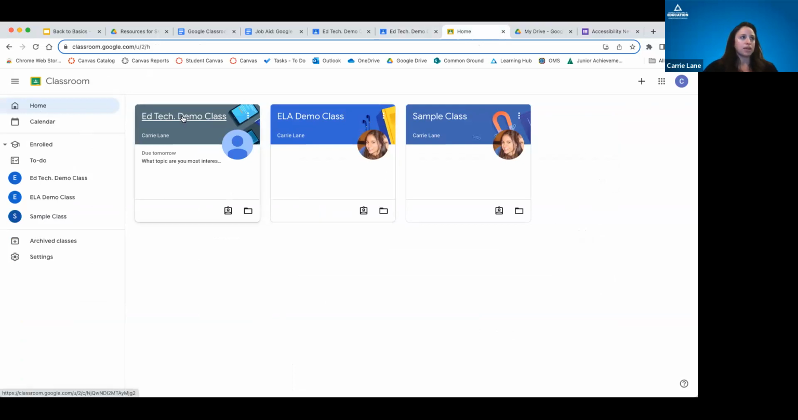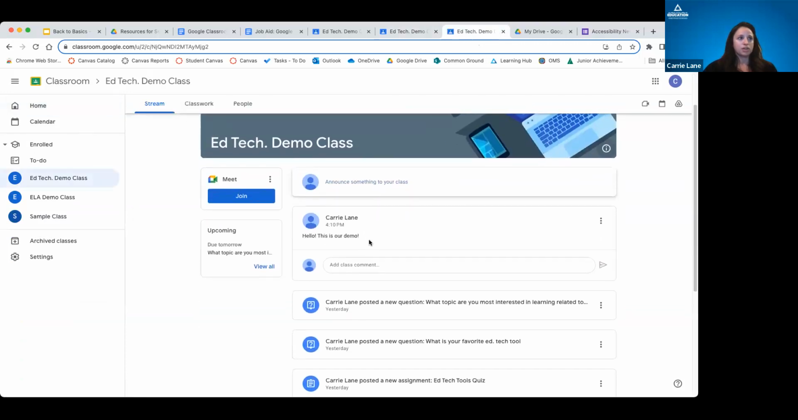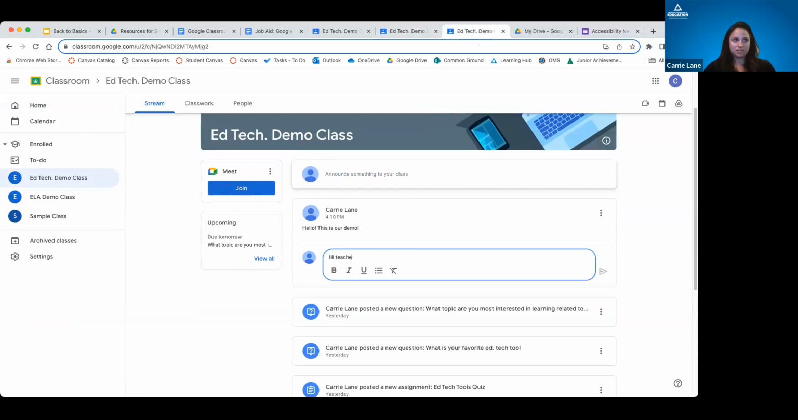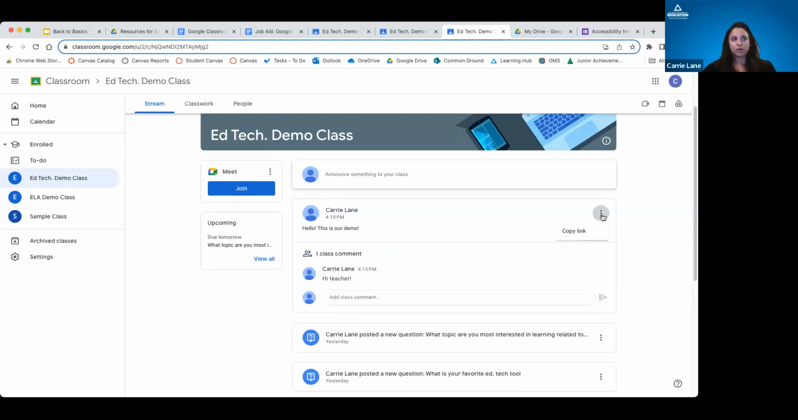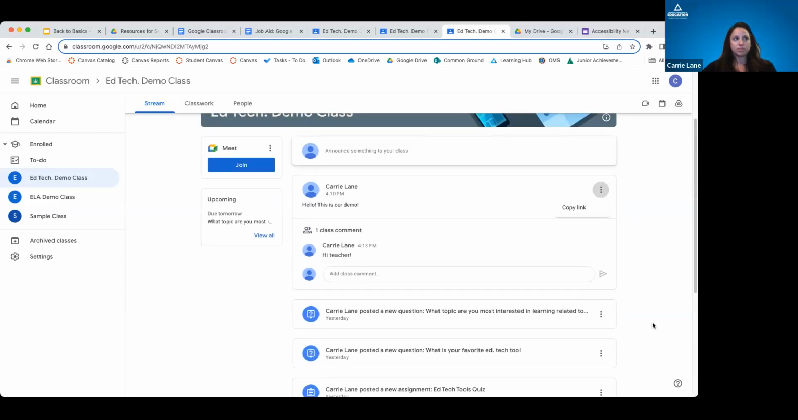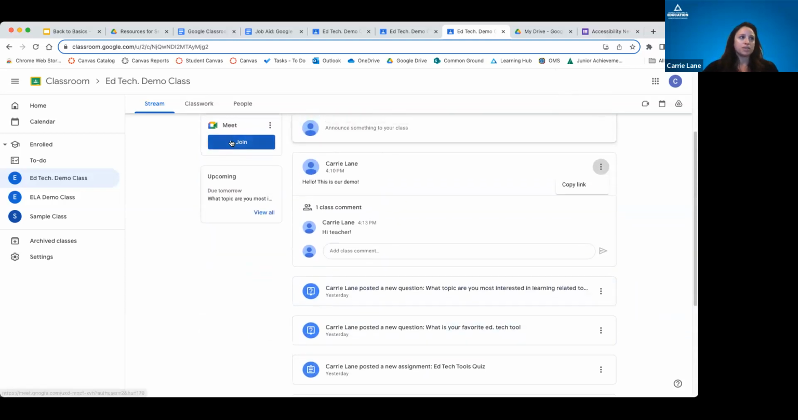And then when you jump into the student view, you'll notice that now I can see what my teacher posted to me. I have the ability right now to add a class comment. So I can say back to my class or my teacher. I don't have the options to edit or delete a post. I can just copy the link to one, and I can see all of the different posts that have happened in the past. I can also join the meet that my teacher set up, and I can see my upcoming